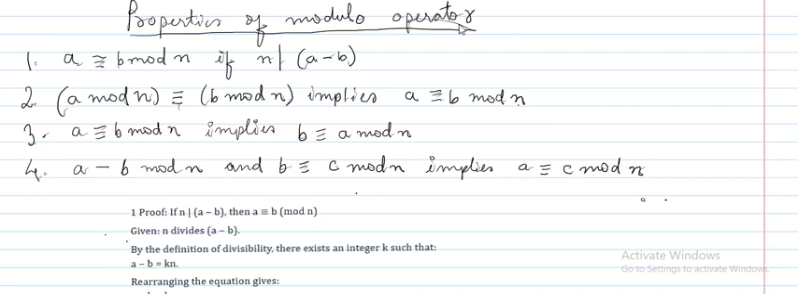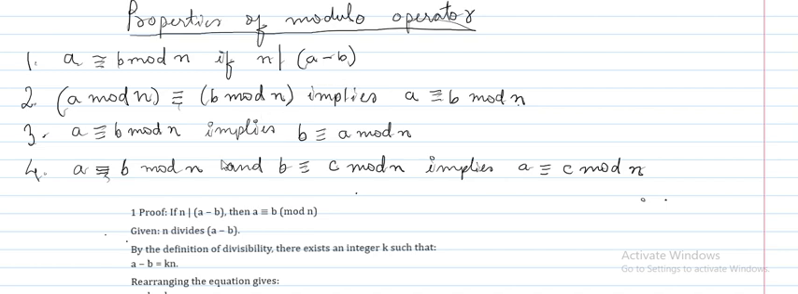And the fourth property is, if a is congruent to b mod n and b is congruent to c mod n, it implies a is congruent to c mod n. Okay, so I'll show you all the proofs for these four properties one by one. First, I'm just reading out these properties, and I'll prove all these things within 5 minutes. So let us see the proof for property 1, that is a is congruent to b mod n if n divides